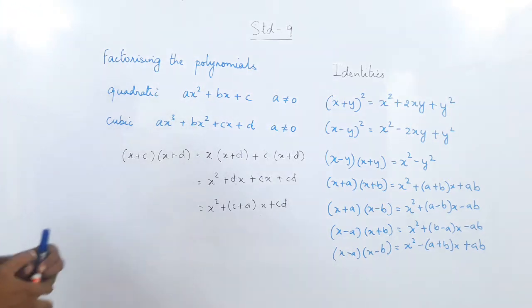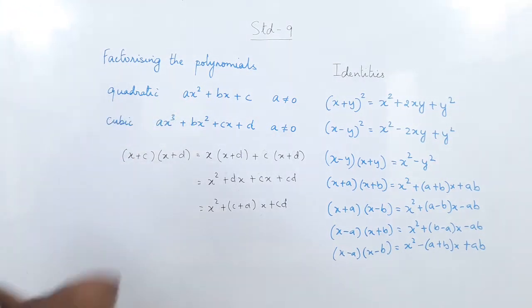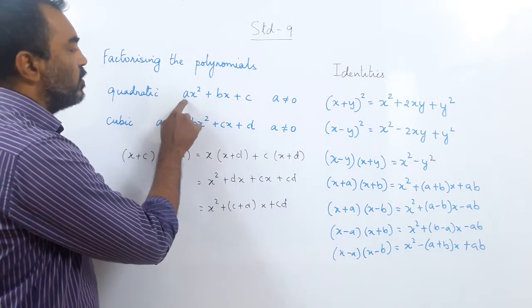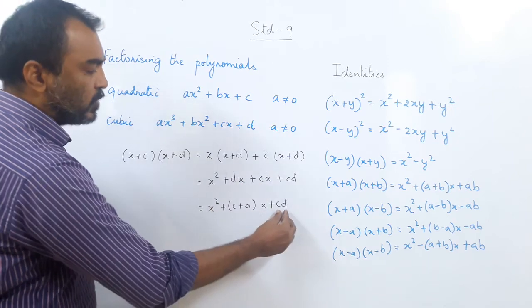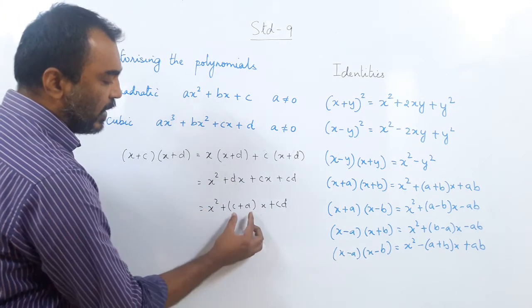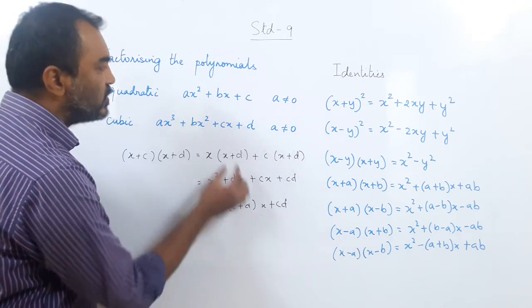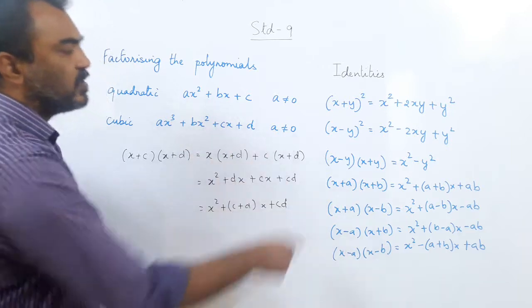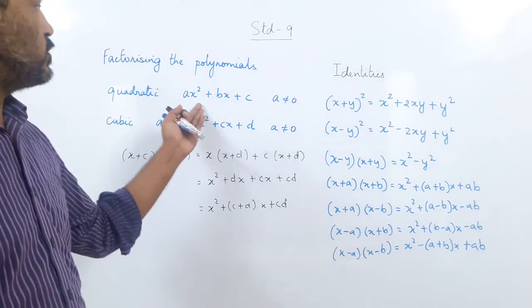Right? So now what did you see here? In splitting the middle term, what we did, we multiplied the coefficient of x square with the last term. What we got, that was cd into 1, or whatever is here into cd. And in the middle we found two numbers, two factors whose sum gave us the middle term and whose product gave us the last term. So this is nothing but what? This is splitting the middle term.